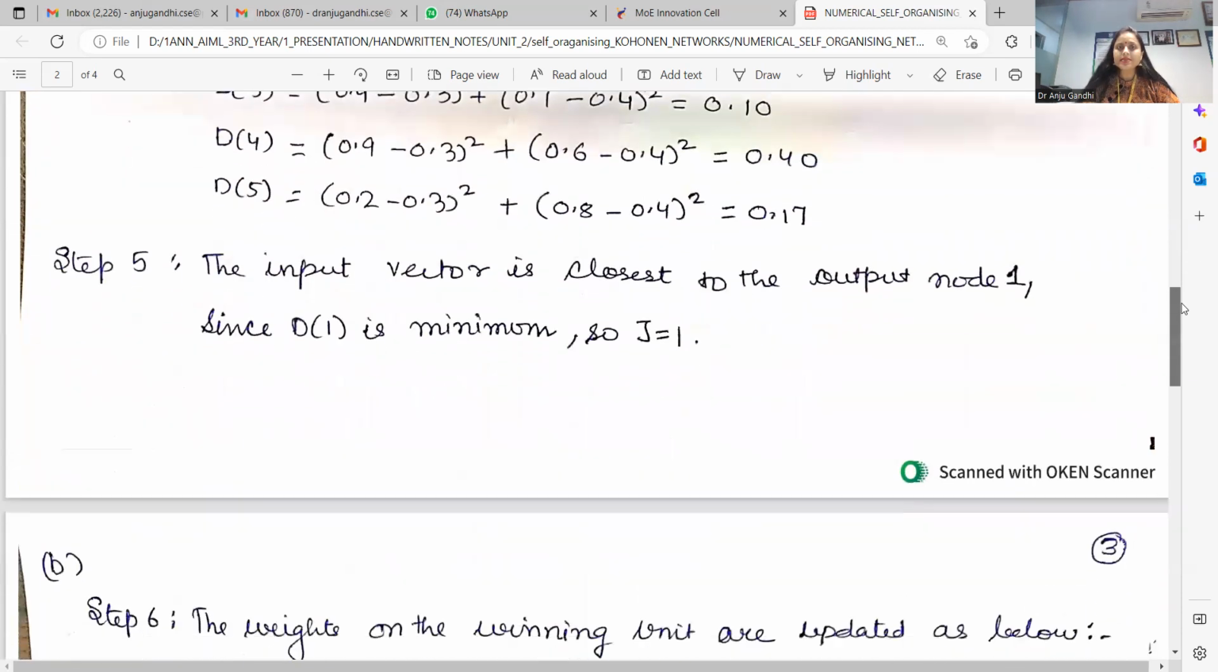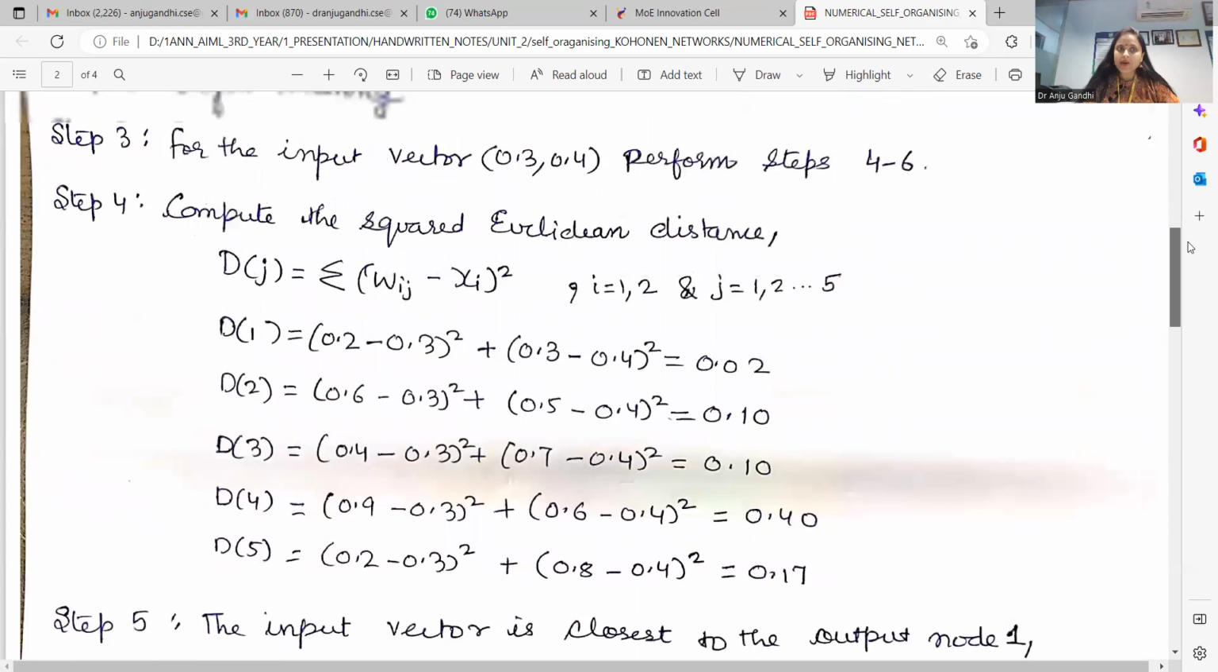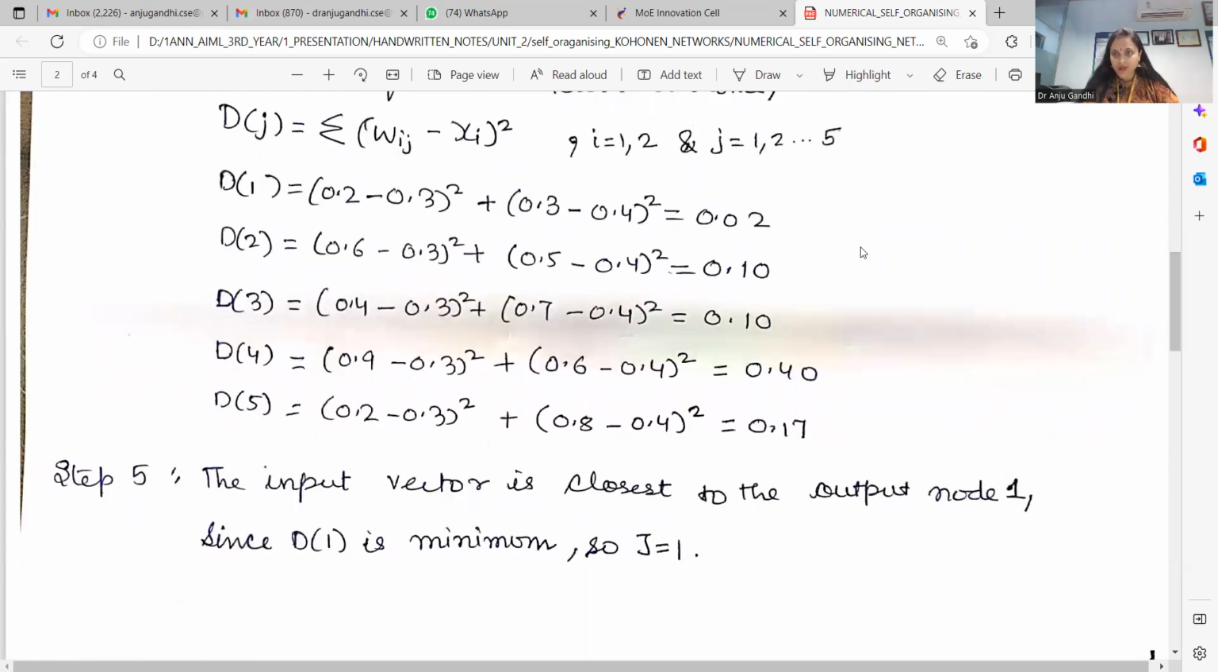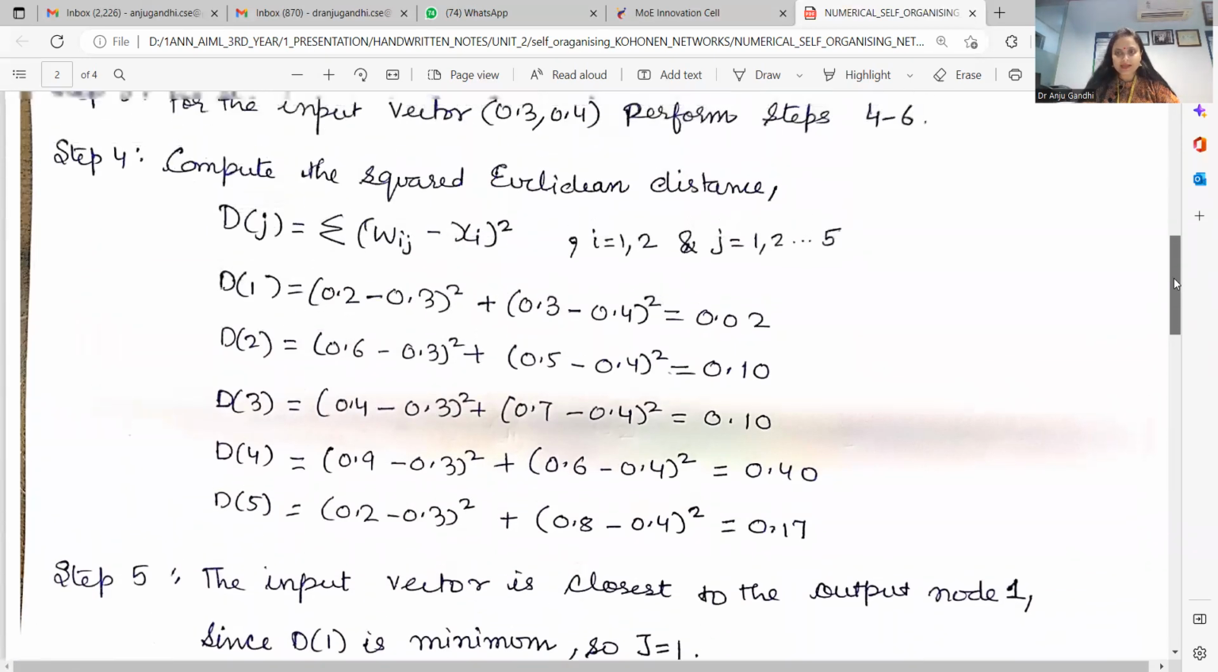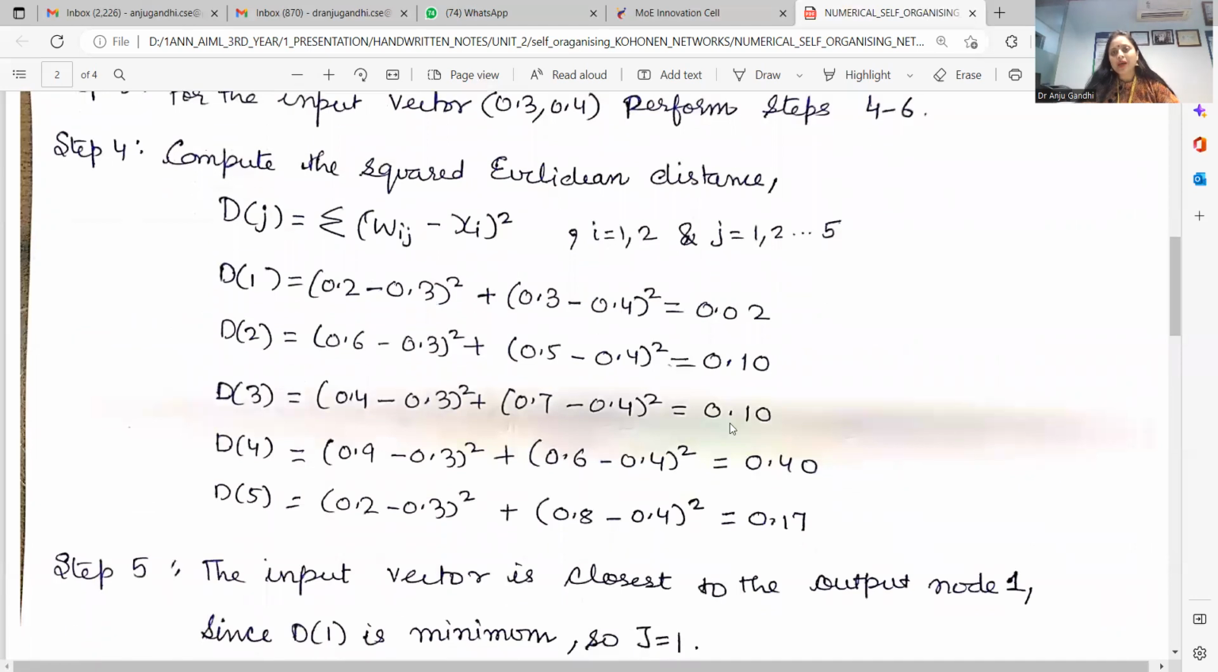The second one is after finding out the D1 using these formulas, what next we have is the input vector is closest to the output node 1. D1 is minimum. So J is equal to 1. Now, after calculating the Euclidean distance, we notice that 0.02 is the minimum, right? 0.02 is the minimum one. So it is the winning one,